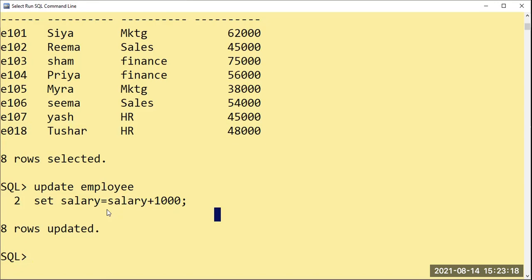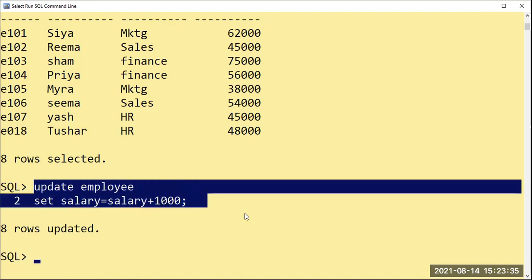Here I have not taken any single quote. Just I'm using this to apply to everyone in common. And I have not used the where condition. Where clause will be used for whom? Whichever condition is there, that should be given here. Okay, so it will work: update employee set salary.